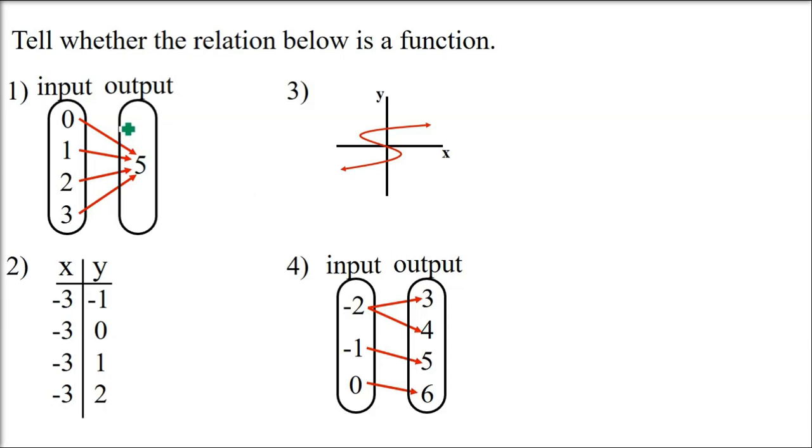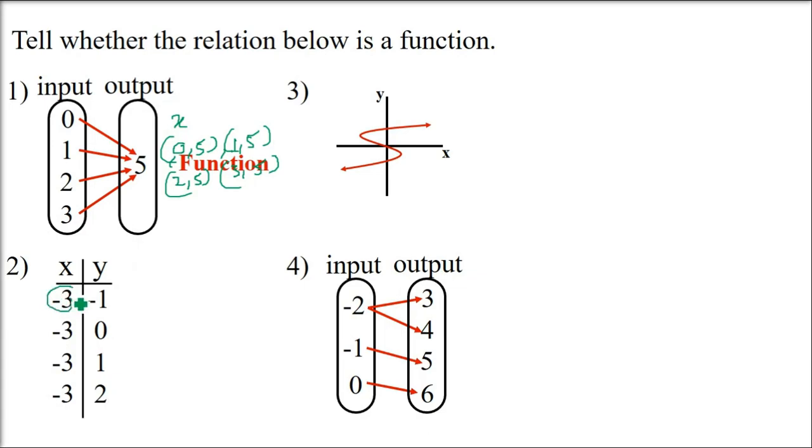We can have multiple ways to find out whether a relation is a function. The first one: for every x, there is a unique y. As I said, don't worry about y, just see x. If x is repeated, it is not a function. I'm just writing it in ordered pair values: 0, 5; 1, 5; 2, 5; 3, 5. There is no bearing of 5. Just forget it. See whether x is repeated more than once. No, it is a function. This is a function.